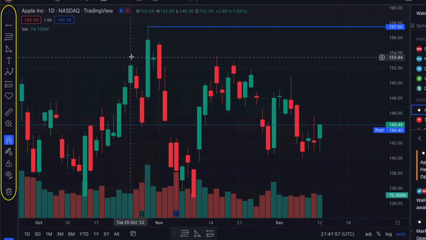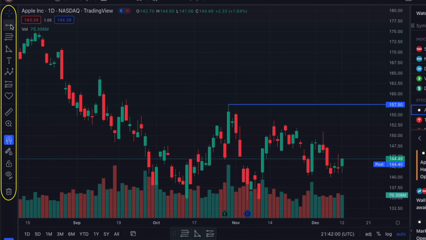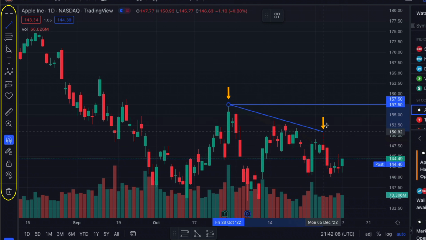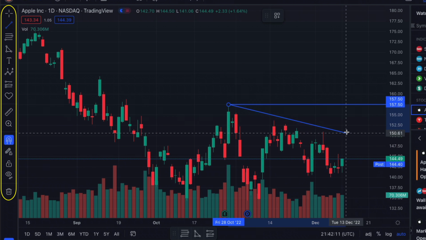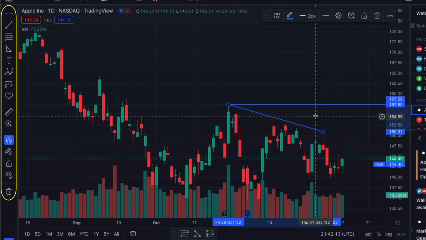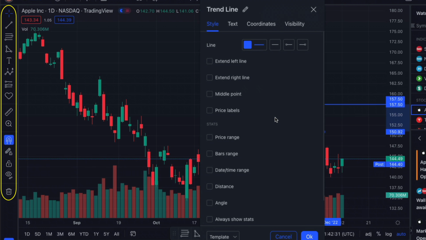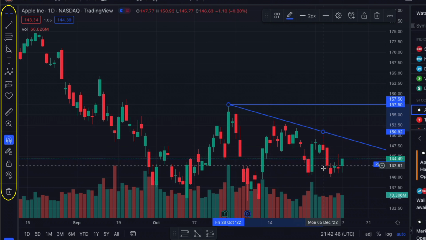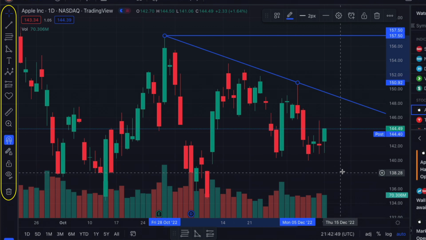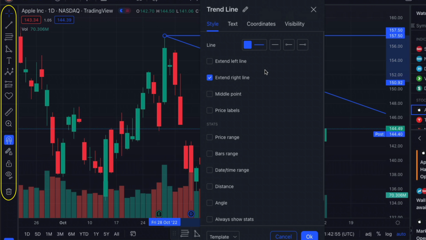And if we give an example using a different tool here, if we use a trend line, let's say we want to connect these two points from this high to this high right here for this candlestick. You can see that this has actually drawn a precise and accurate trend line using the magnetic tool. And what we can do is we can actually extend this line and we will have our trend line set right here. As you can see, all I did was I double clicked it